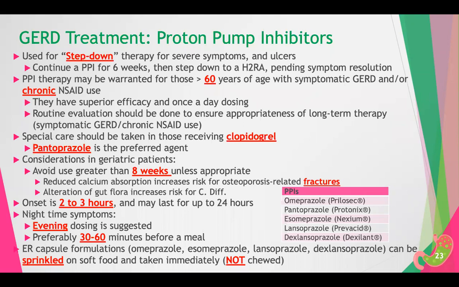diff infections and fractures. So the Beers criteria recommends that use of a PPI not exceed 8 weeks unless there is a high risk. And those high risk patients would be those individuals who have GERD, if they have esophagitis, or if they have chronic NSAID use. So again, if we have a patient who is older and they don't have GERD, they don't have esophagitis, they're not taking NSAIDs chronically, then we would have to evaluate if a PPI is appropriate for them to be on